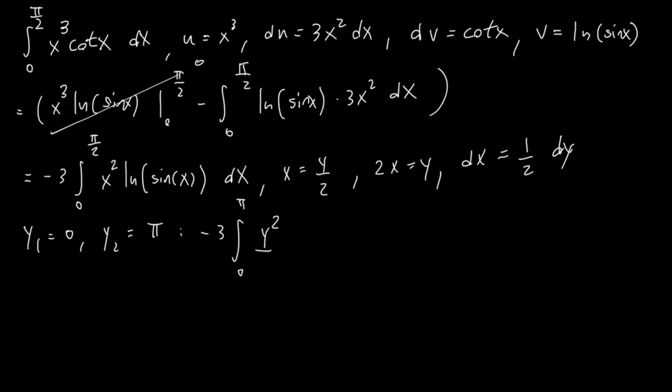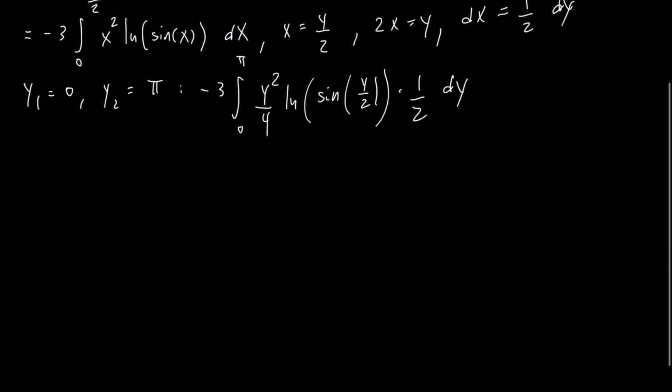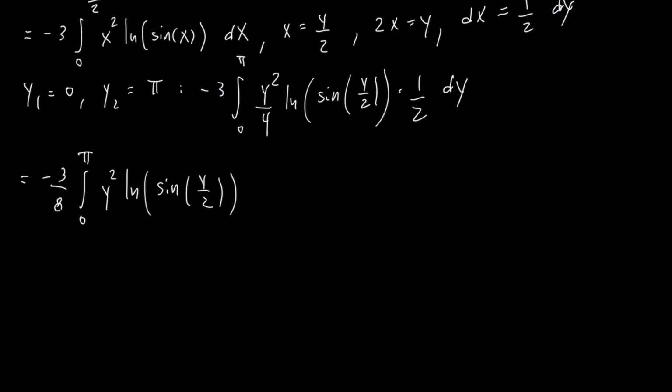X squared will be y squared over 4, the natural log of the sine of x, which is y over 2, and dx is 1/2 dy. So then, putting the constants to the front, we have a negative 3 over 8, the integral from 0 to pi, y squared, the natural log of the sine of y over 2